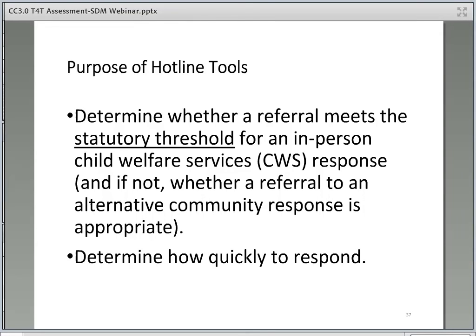When further investigation is warranted, the response priority tool helps determine how quickly to respond. If child welfare agencies had unlimited resources, they could respond immediately to every call. Instead, we must decide which requires an immediate response and which can be investigated within 10 days. Some counties also use differential response tools to guide decisions as to whether a situation requires the expertise of their agency staff or whether a community agency could adequately meet the needs of the family.